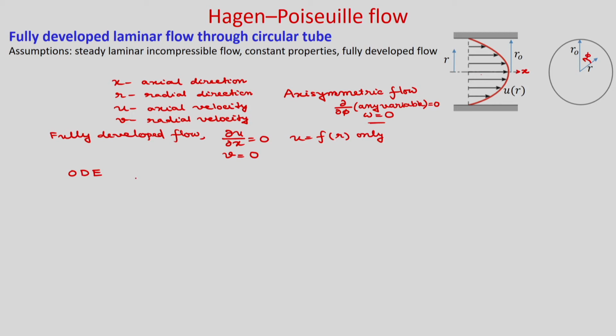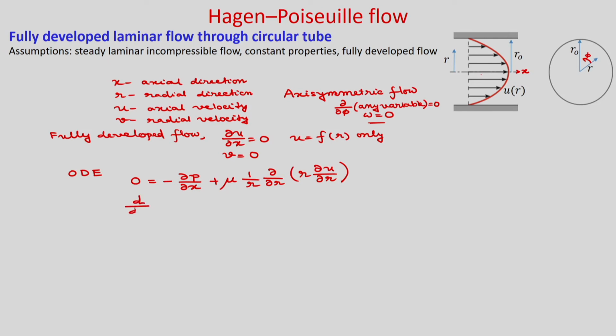The left hand side will all be 0, you have an axial pressure variation del p by del x, and you will get mu times 1 by r del by del r of r into del u by del r. Here also you will find that p is a function of x only, so you can write del p by del x as dp by dx, and u is a function of r only. So, you can write